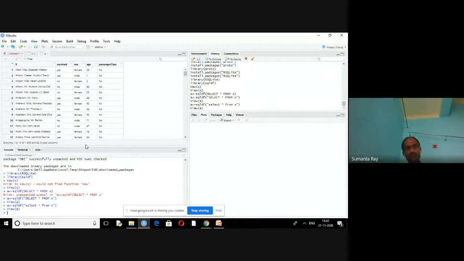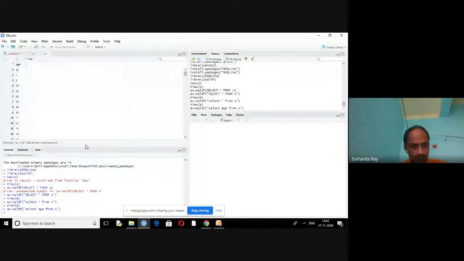That is in very few cases. Now, if you want to see a specific column, you just write down the column name. Suppose age from X. Okay. So view of A equals this one. These are the ages.